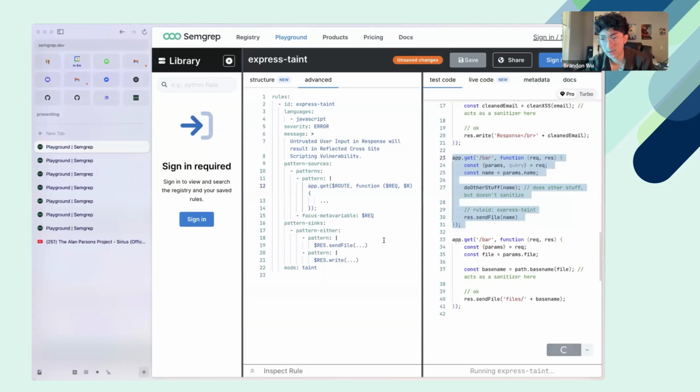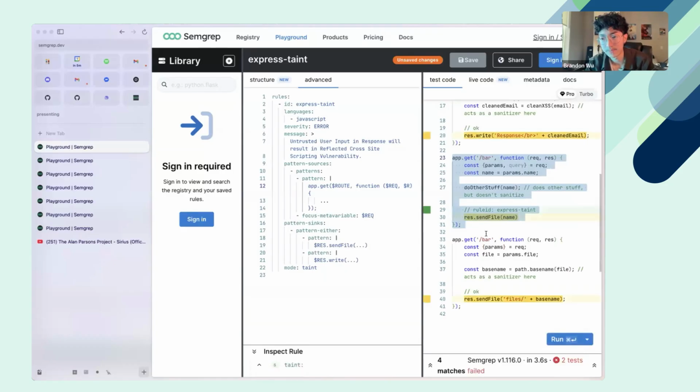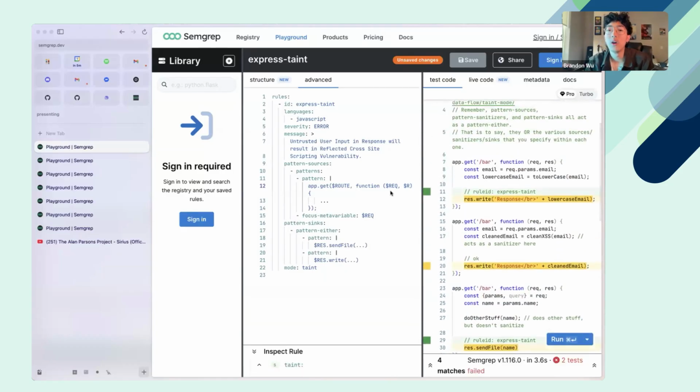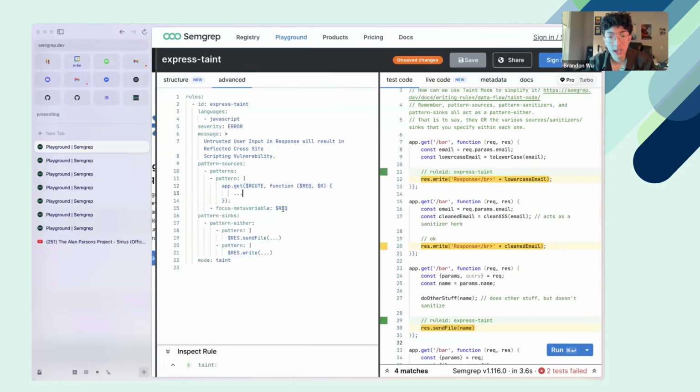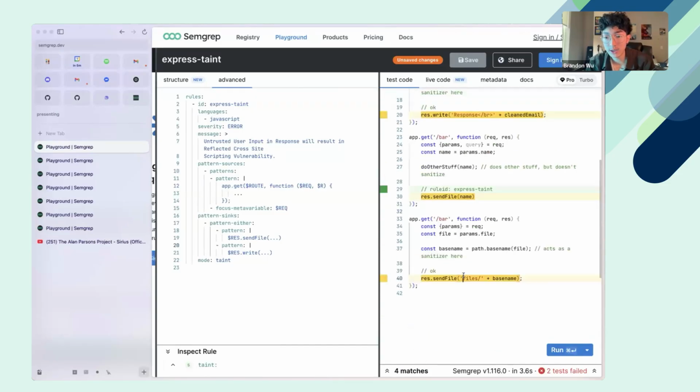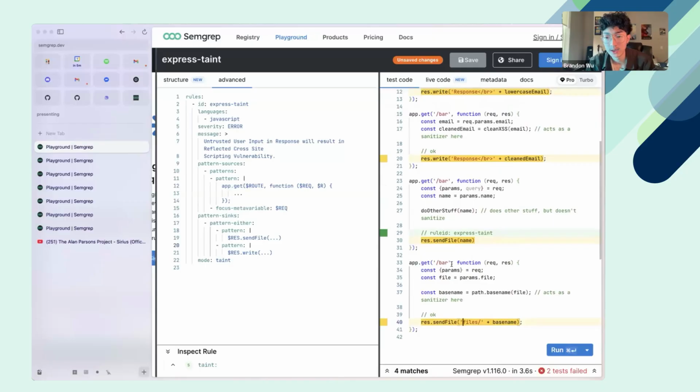And I'm not going to be too strict on why that is for a second. Okay, so what I've said is that our sources are any kind of root and only the rec argument to your root, and the sink is sendFile and write. So okay, this makes sense that we're getting these particular issues. But actually, one last thing, which is that params.file is tainted, but path.basename on the file also acts as